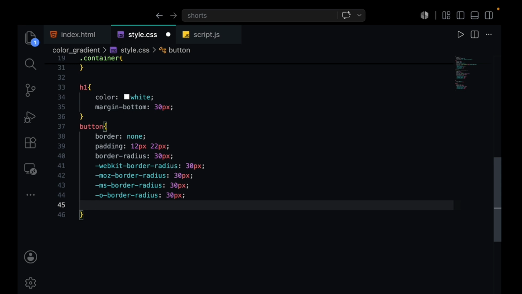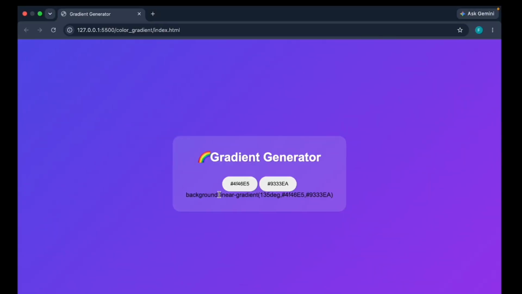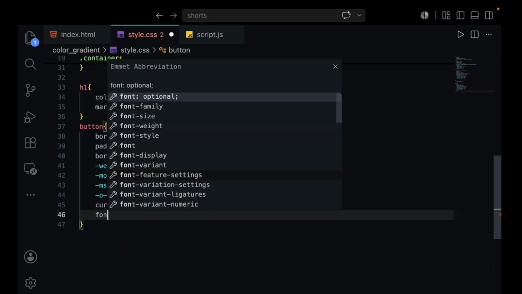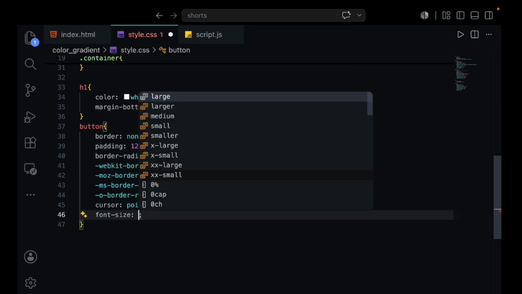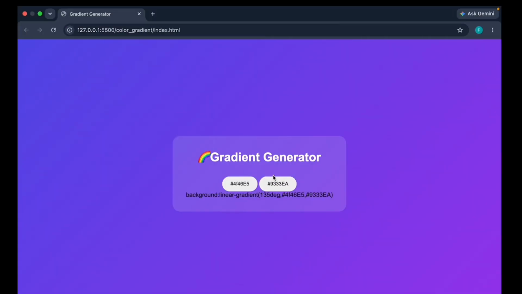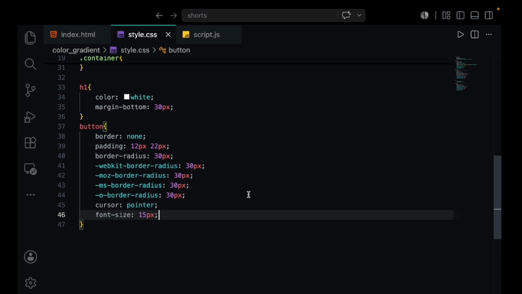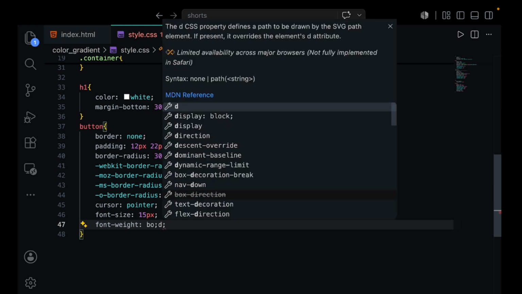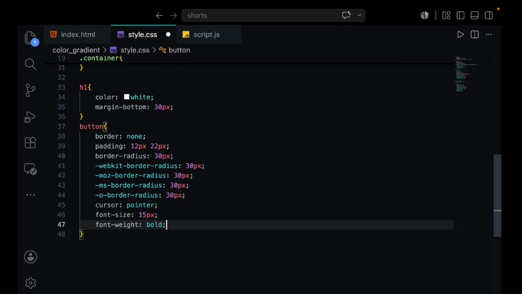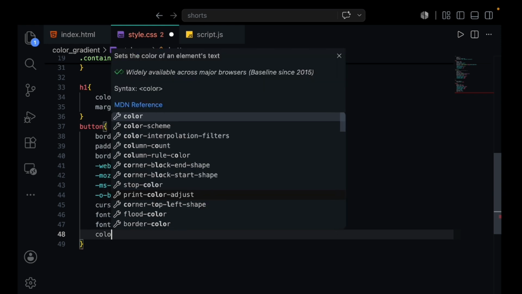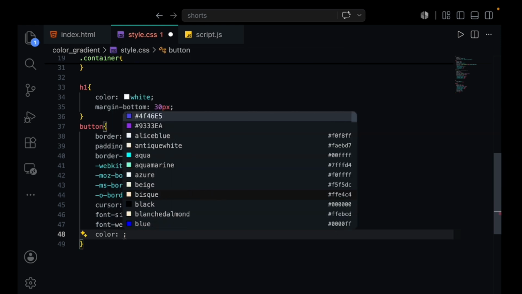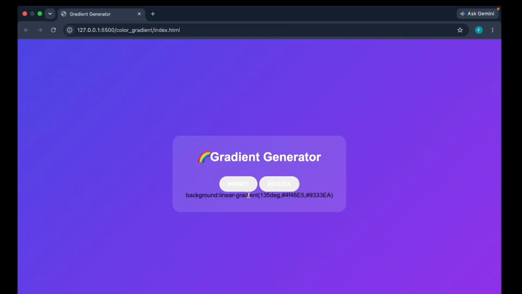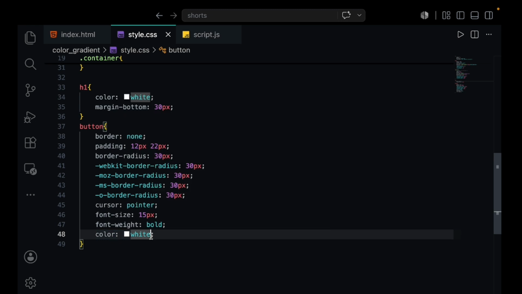Then we can do cursor pointer. Then let's give a font size of 15 pixels. And font weight, I'm gonna give it bold. And also the color is going to be similar to the heading. So let's give it white. Not white. Let's give it black only.